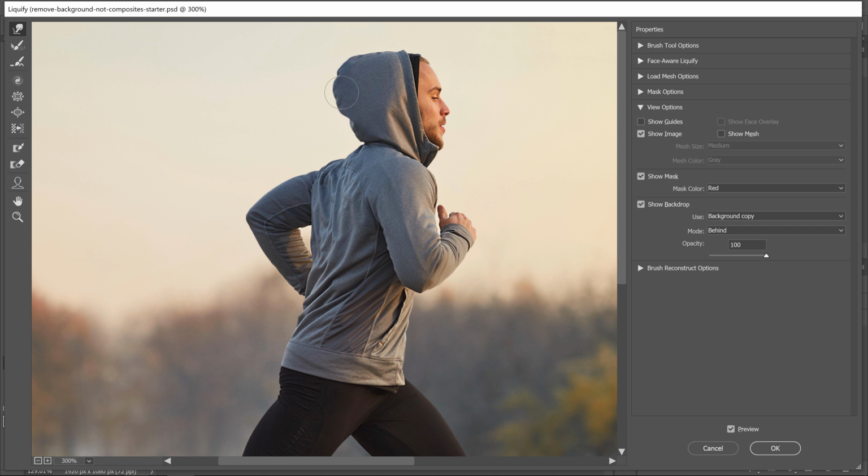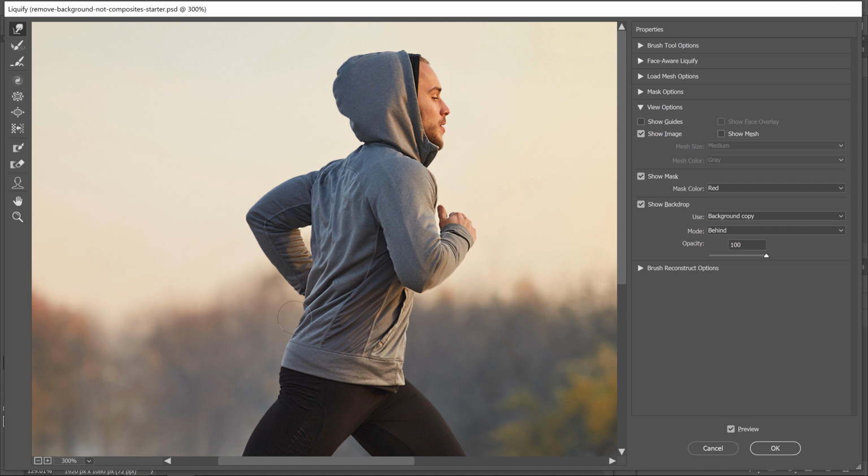But the point is that notice how I'm just making all these adjustments. And if I were to push in really deep, I can still see the background. So that's the reason why we're separating the foreground element from the background, so we can make these adjustments and not worry about distorting the background at all.